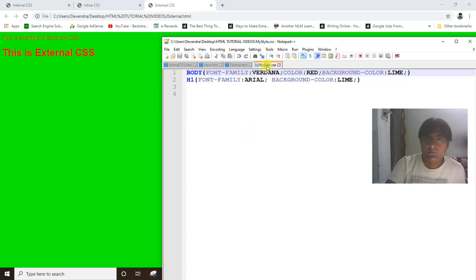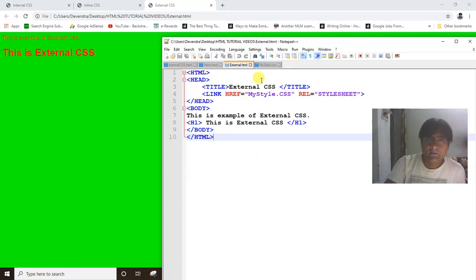If you can see mystyle.css, body and h1 have the same values as we defined in internal CSS, but the difference is that for external CSS we have to create two files. One will be the HTML file and one will be the CSS file, and that CSS file will have to be linked to the HTML file.